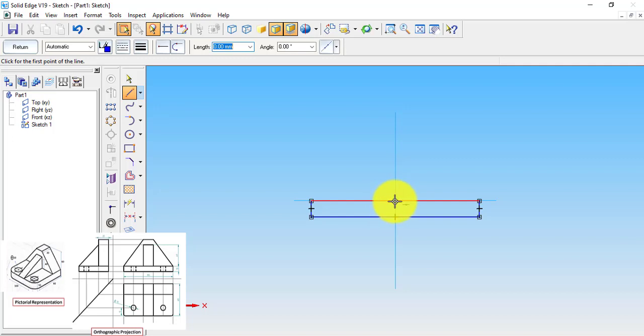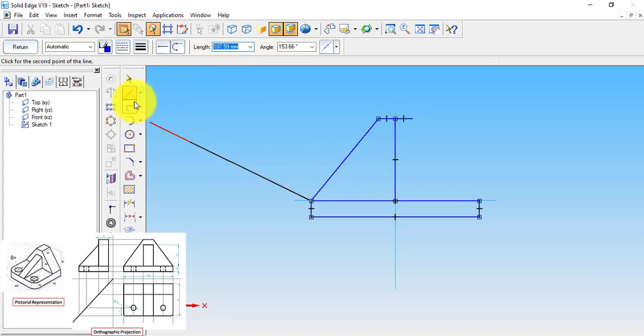From the middle point, we create a reference line at the 50 mm point, and the width of the upper square base, as you can see here, is 20 mm. So it results in 10 mm on both sides of the center line, 10 mm on this side and 10 mm on this side.